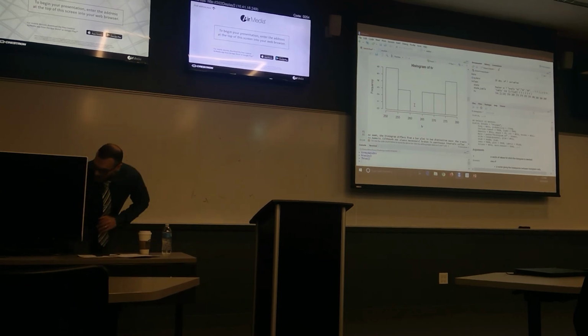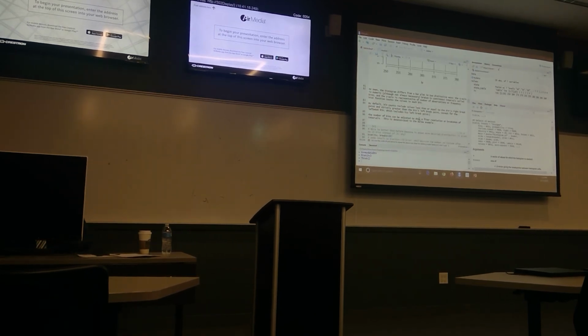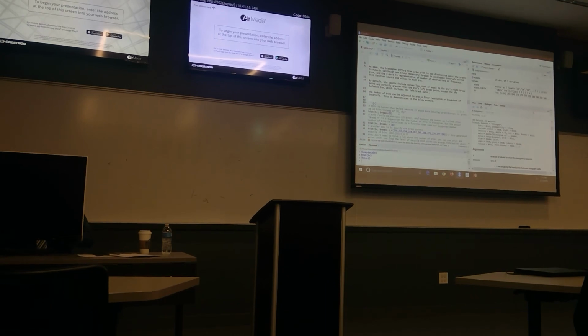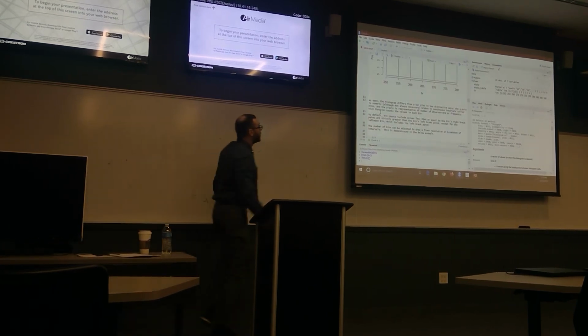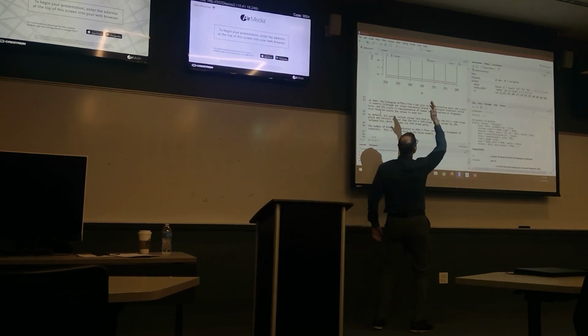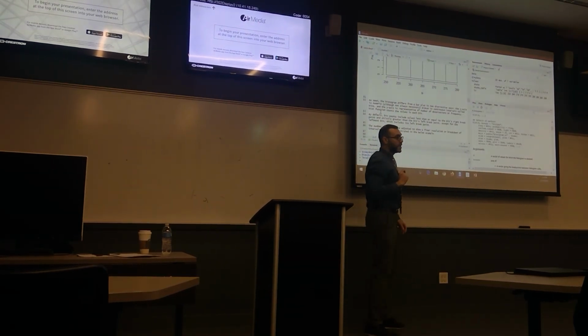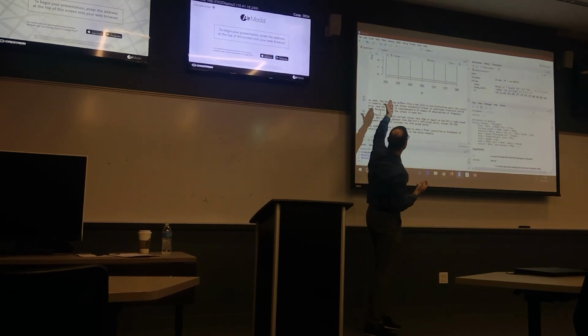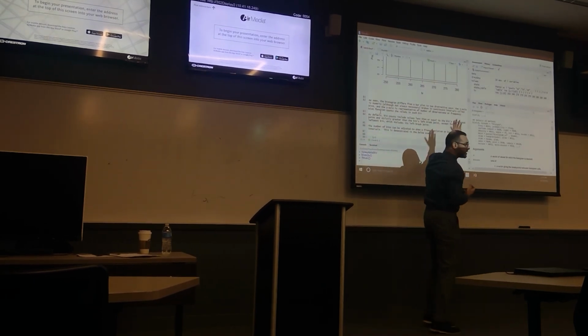Now, how can I change the bins? And why do I need to change the bins? I can use this parameter inside the hist function, which is called breaks, to specify one, the number of bins, or the values of the breakpoints. Those are breakpoints: 250, 255, 260, 265, those are called breakpoints. The number of bins is the number of bins: 1, 2, 3, 4, 5, 6 in this case.